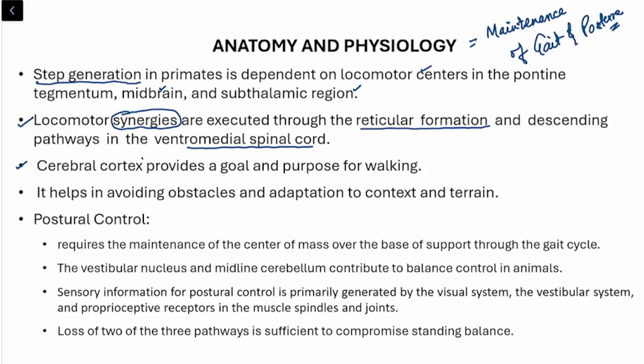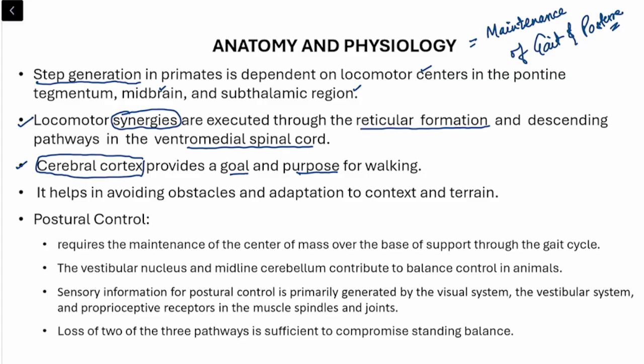What is the function of cortex? Cortex means higher functions. Cortex means your thought, your cognition, right? How is the cerebral cortex involved in the anatomy and physiology of gait? Cerebral cortex will provide a goal and purpose of walking. Why are you walking? How are you walking? How fast will you walk? When will you reach the goal? Right? All this is pre-decided by the cerebral cortex, and the cerebral cortex will manipulate the lower generators and lower areas